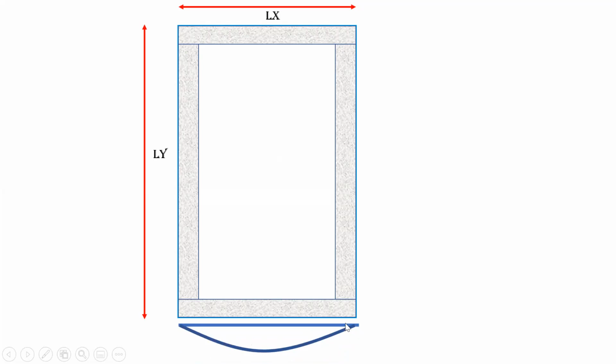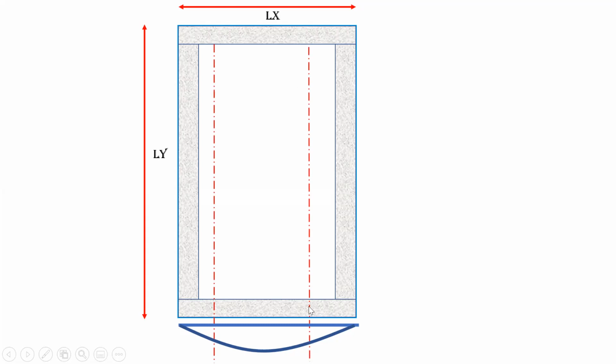So this is how the bending is going to happen. Let us consider all this as simply supported. So this is how a bending is going to happen. You'll get a maximum bending moment at the center, that is WL square by 8, whereas near the support you'll have a zero bending moment. So this is how it's going to behave. So now I'll consider this as a cutoff point.